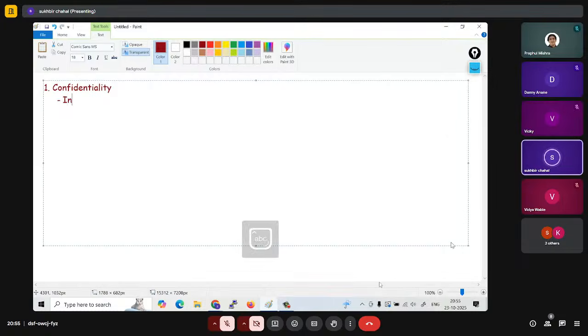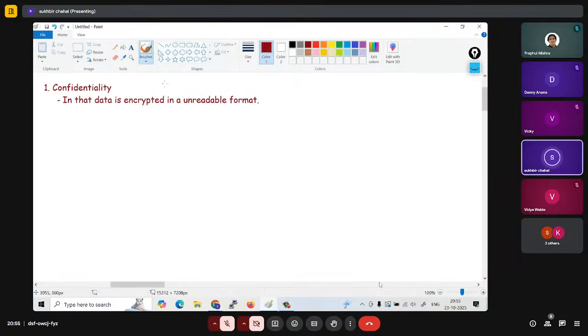So in that, data is encrypted in an unreadable format. That means whenever traffic is going through the network, it will be put into an unreadable format for users, so they can't decrypt the data, right? So just try to understand, if we have here a site A device and here is a site